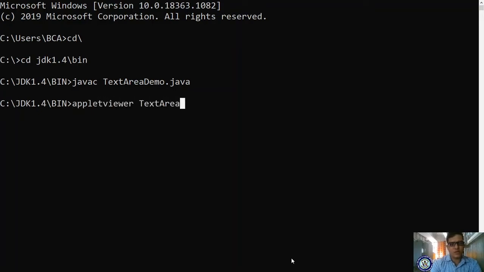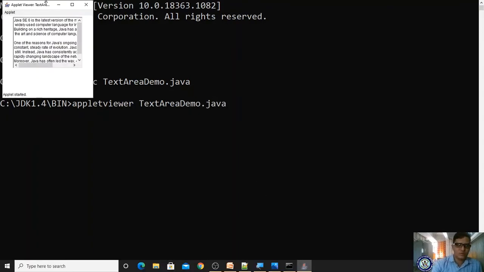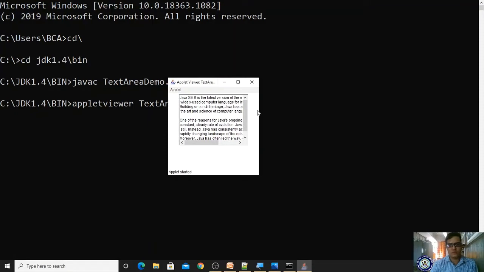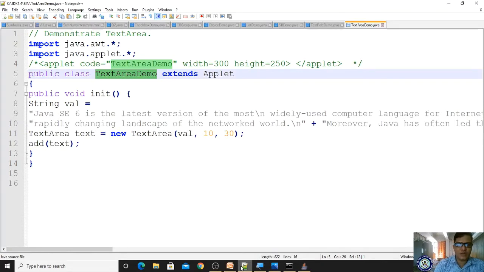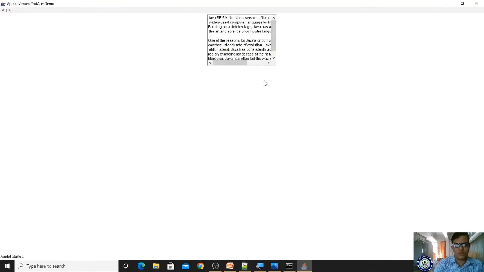Appletviewer TextAreaDemo.java. So it has opened here. You are seeing, I'm maximizing, that wherever the location you have specified, in that specified height and width it is displaying, right?